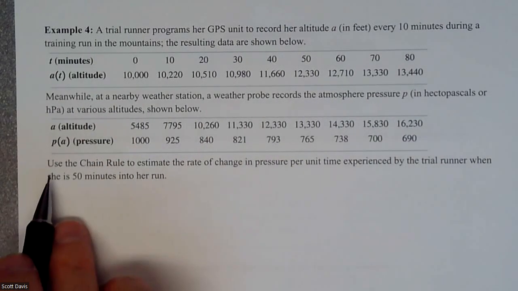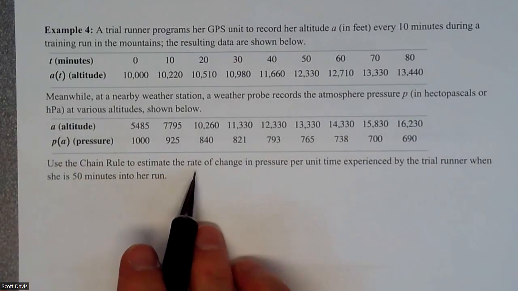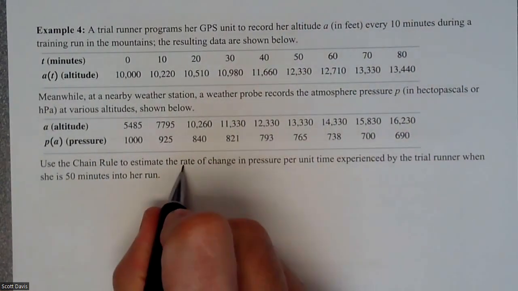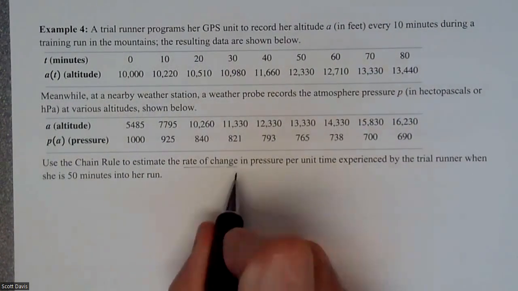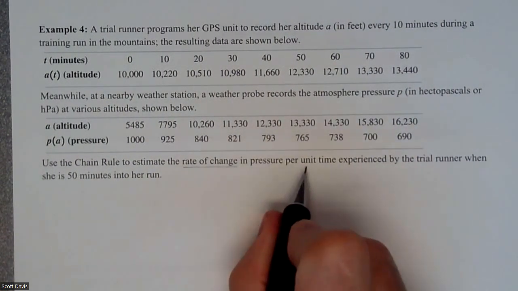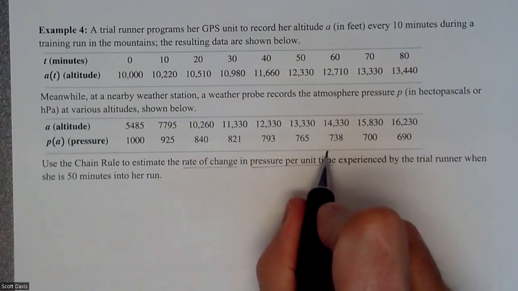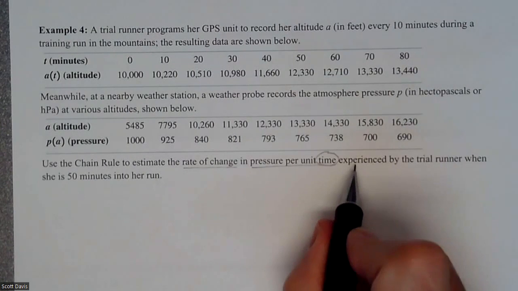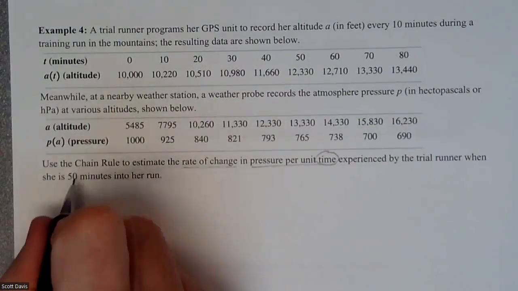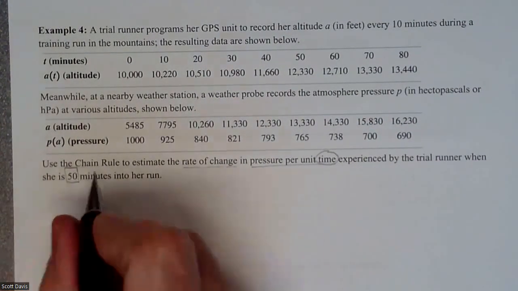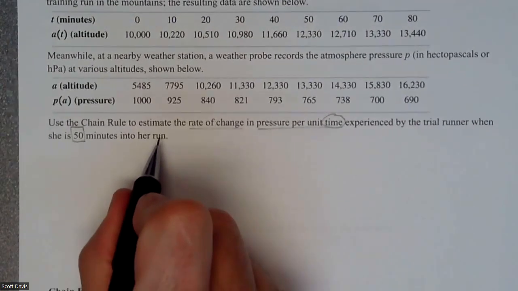Right. So it says use the chain rule to estimate the rate of change. So rate of change, so AKA slope, in pressure per unit time. So pressure per unit time. Right, experienced by the trail runner when she is 50 minutes into her run. Okay, so